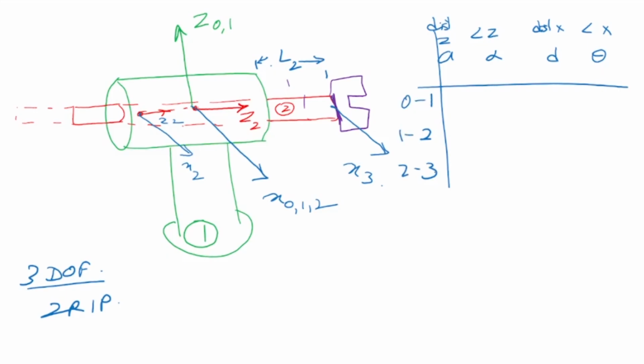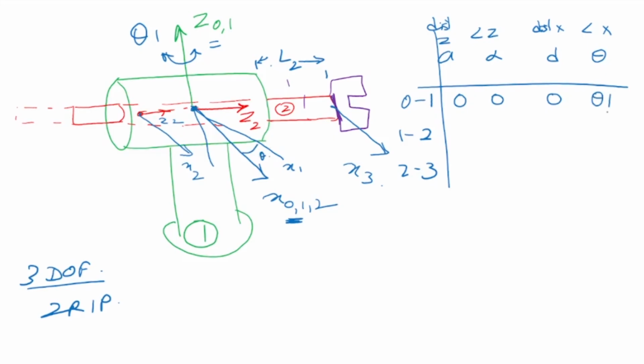So what we see is that for the distance between the z-axis for 1 and 0, this is the same axis, so there is no distance there. Again, z0 and z1 are the same axis, so there is no angle between them. What about the distance between the x? z0 and z1 are the same axis, so basically there is no distance between them. And what you see is that when this rotates, the angle between these two will change. So z1 can come like that. I hope you can imagine that this is the rotation theta 1. So x1 can go this side or x1 can go this side. That's my theta angle. They're intersecting at a point, so there is no distance between them. So my variable is theta 1 here.